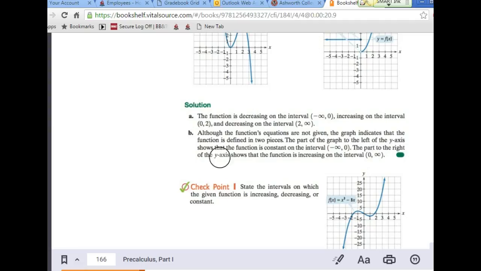The part to the right of the y-axis shows that the function is increasing. And so the way that we say that with interval notation is 0, positive infinity. That means from 0 all the way to positive infinity, the graph is increasing again. All right. Now, if you want to look at checkpoint 1 here,